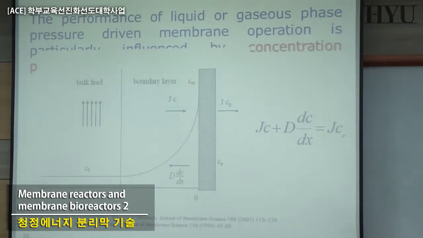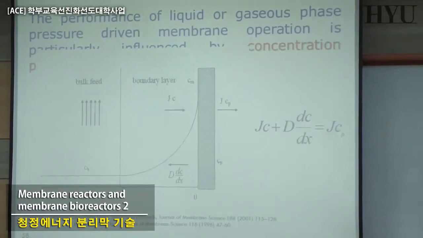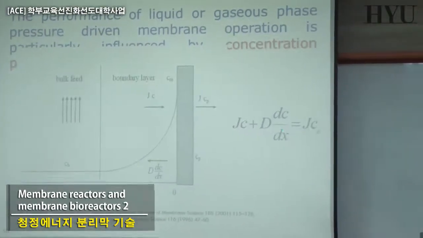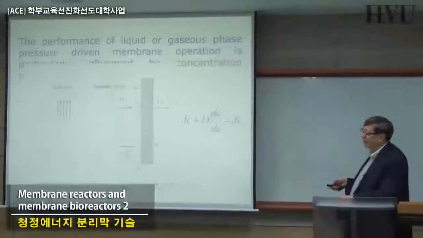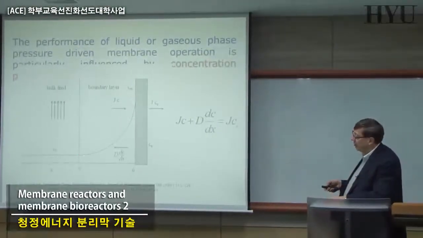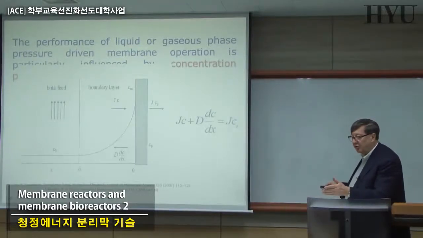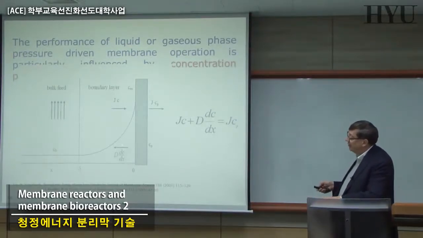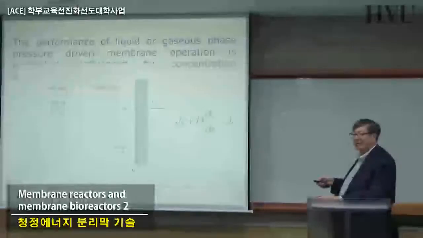So that is the kind of phenomena, and if you want to know more about this and calculate the concentration at the interface, what we have to do is write down this differential equation, put in the appropriate boundary conditions and try to integrate. The integration can be a little bit complicated if we assume that the concentration is changing. So you have the film theory, which assumes that this behavior becomes linear, so the integration is much easier,